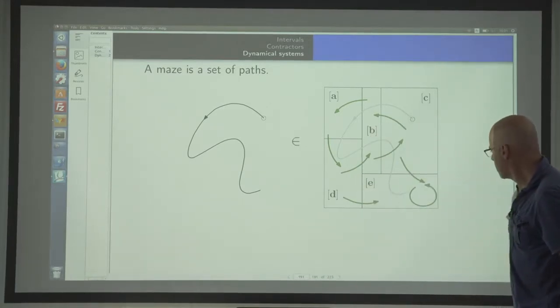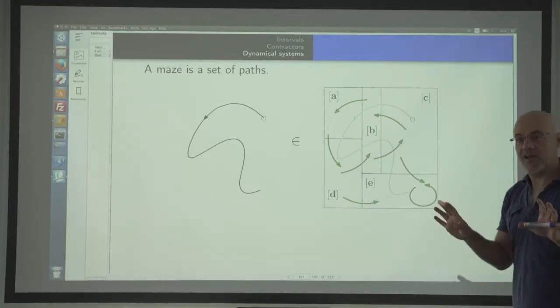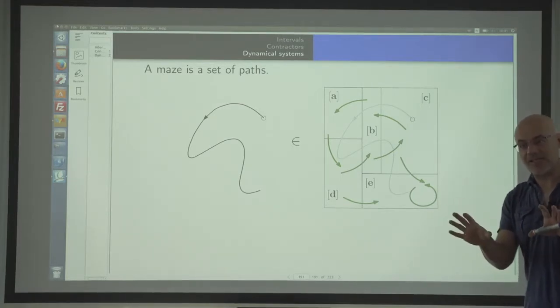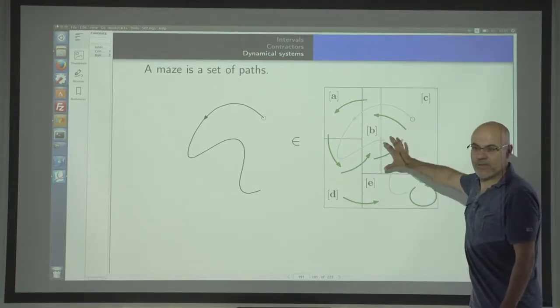How did you decide how to... Up to now, it's a formalism. I do not decide yet. There is no algorithm. It is just a set of paths. You should understand this.